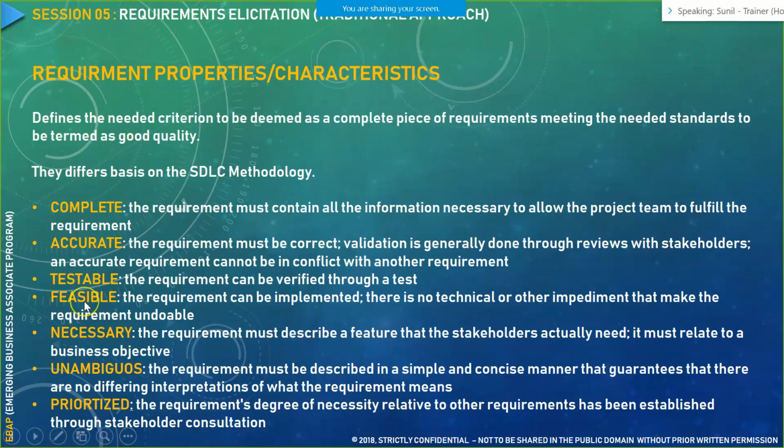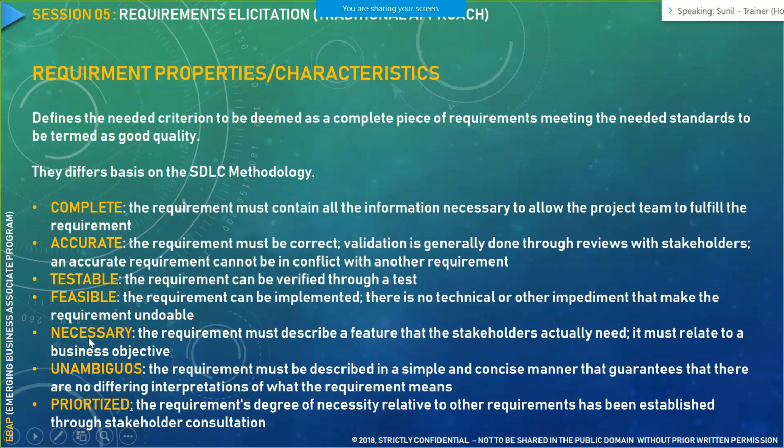Then the requirement should be feasible. Feasible as in you cannot go about writing a requirement like the system should be user friendly. Now user friendly is a vague word. You have to detail out the requirement, like what is user friendliness, what's the perception of user friendliness in the minds of business stakeholders. So you have to clearly mention it out. That may fall under your accuracy and feasibility, like whatever requirement is doable by the development team.